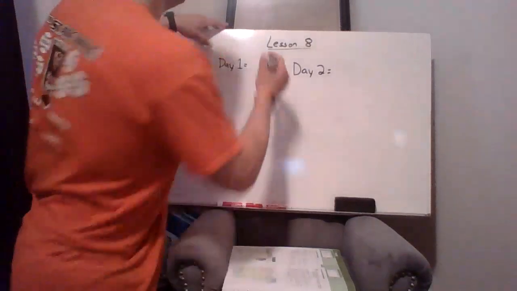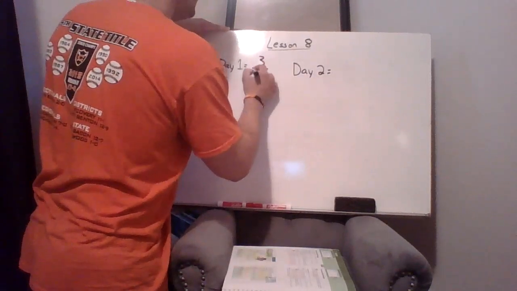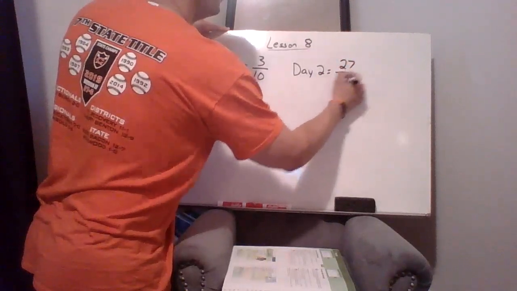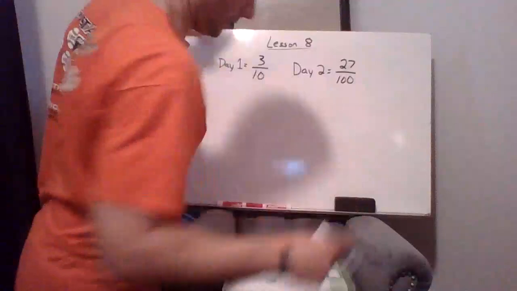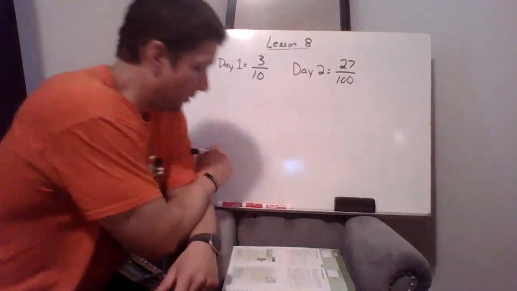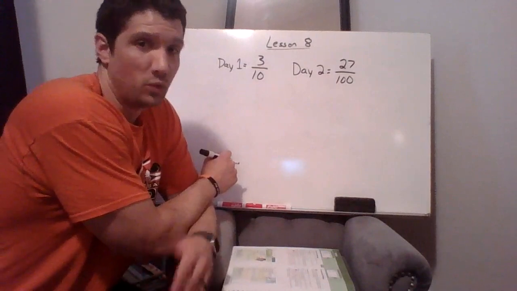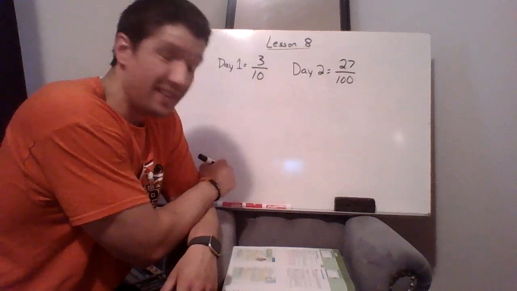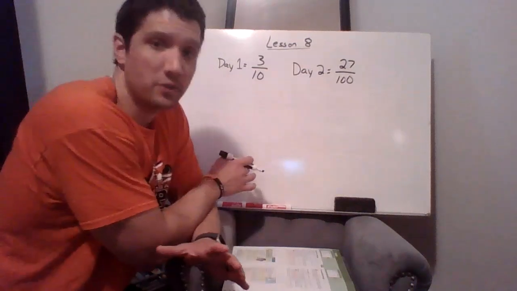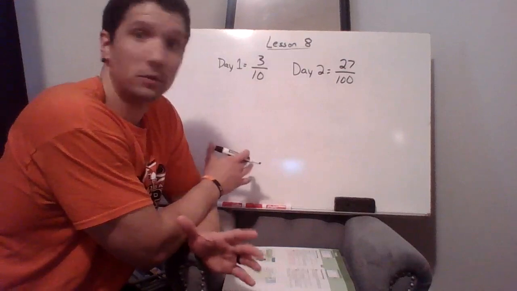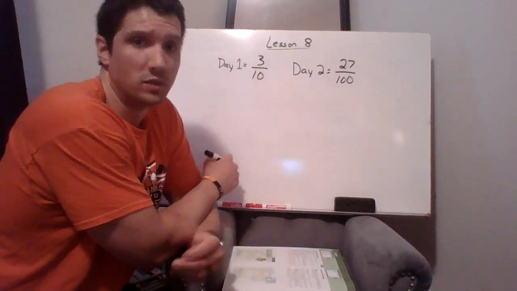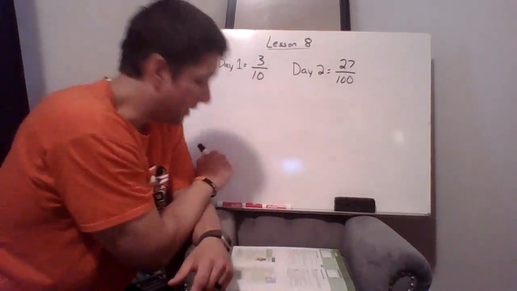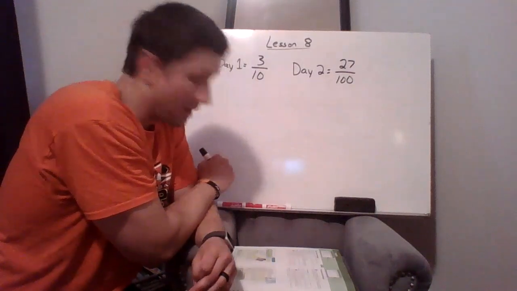So, day one, we have 3/10 of the trip. Day two, we have 27/100ths of the trip. Okay, now, like I said earlier, what we're going to be looking for is, was there extra information or is there missing information? Do we have enough information to solve the problem? In this case, we have extra information. That extra information was the fact that Gabriella's family's trip was 4 days long. Okay, we're not going to be using 4 days. We're just using day one and day two because the question asks, how far did they travel in the first